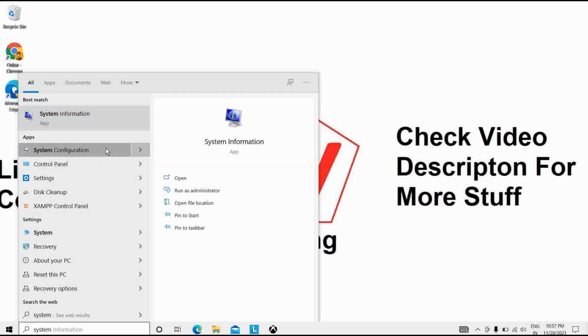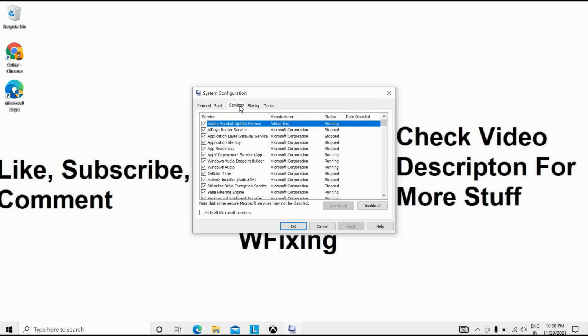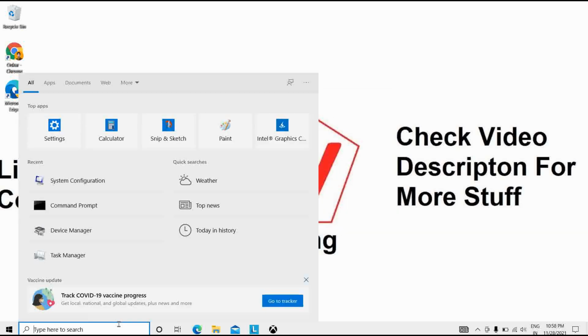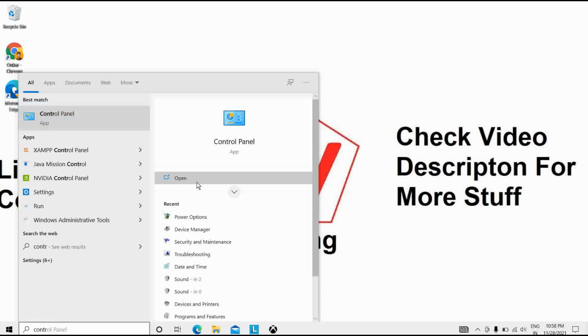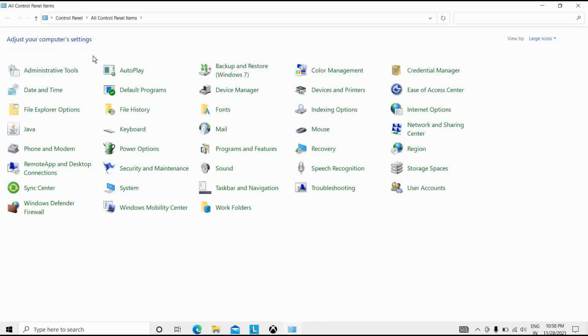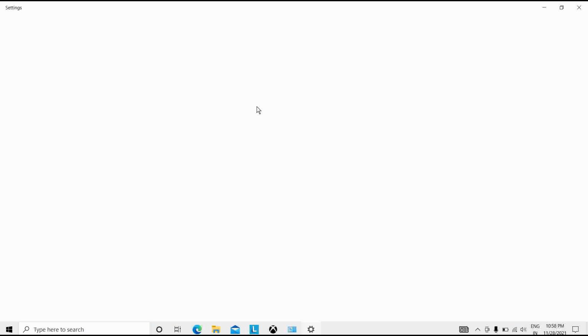You can see system configuration, but we have to open system properties, not the configuration. So I will open the control panel, then choose all control panel items, and in this we have to select the system option. I will click on system. After that, go to the advanced tab.